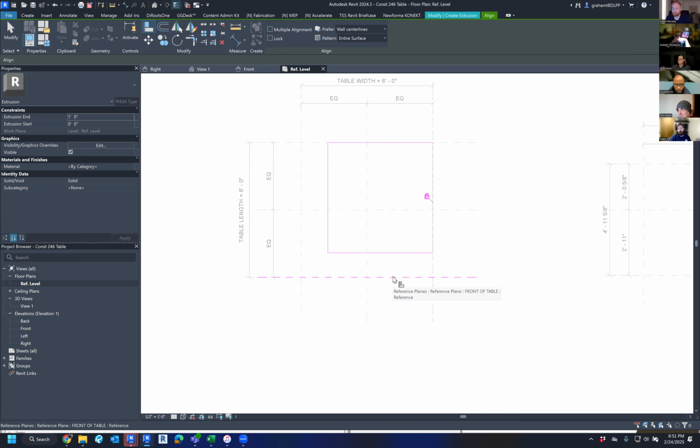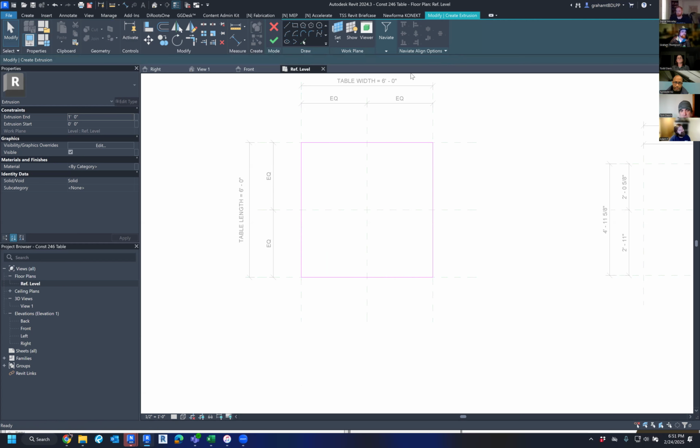The bottom or the front of table reference plane to the bottom part of the extrusion and lock it. And last but not least, the left side of the table to the left side of the extrusion and lock it. Okay. Once you have done that, we can hit escape twice to exit the align command,